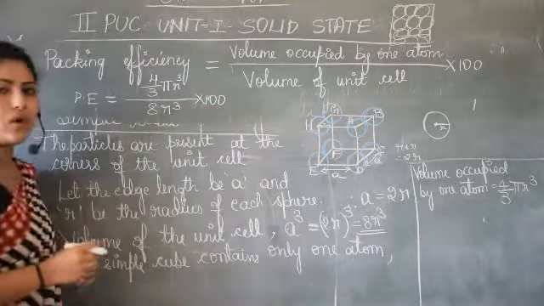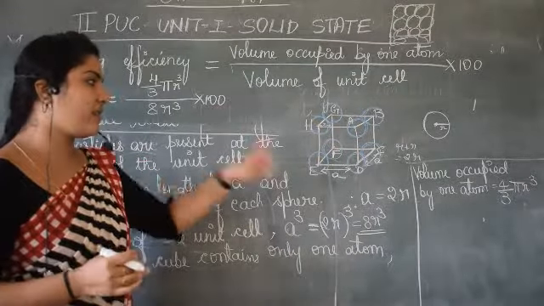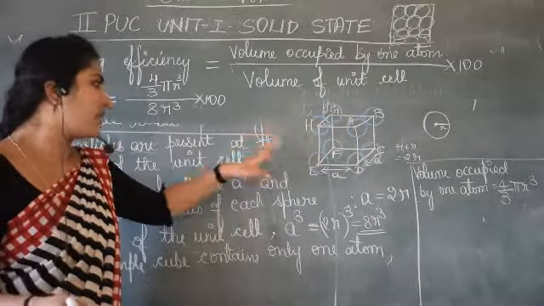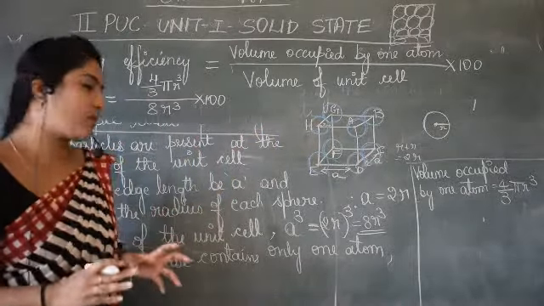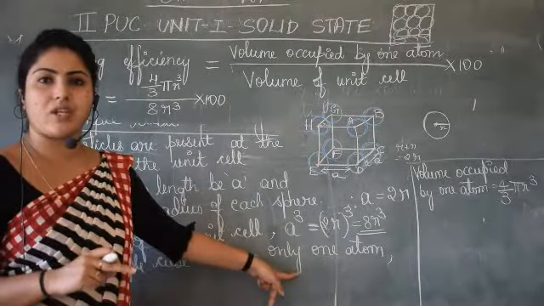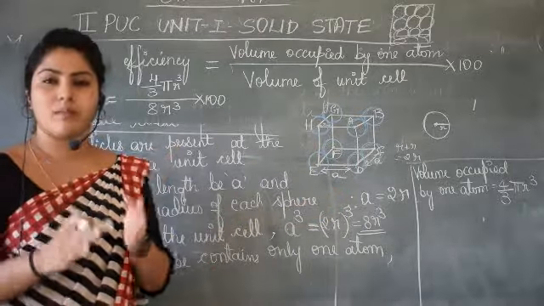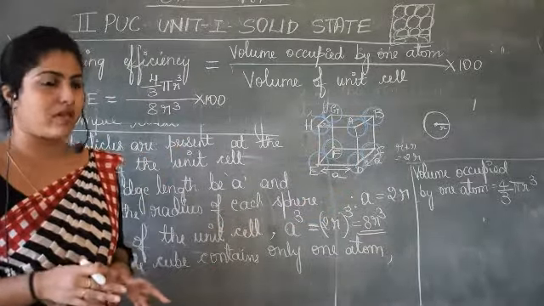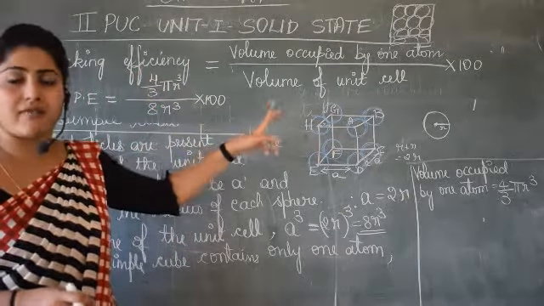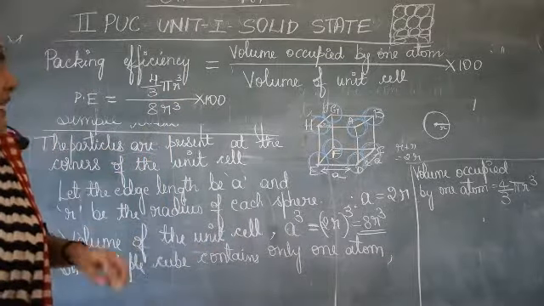It's very important that step by step you will have to mention each and everything. First thing, the diagram must be clear. Whatever you show in the diagram must be clear. Then you will have to mention what is a, what is r, what is a cube, what is volume of unit cell, what is volume occupied by particular atom, all those you have to mention. Then next important point is the packing efficiency formula. Substitution is very important along with the final answer.